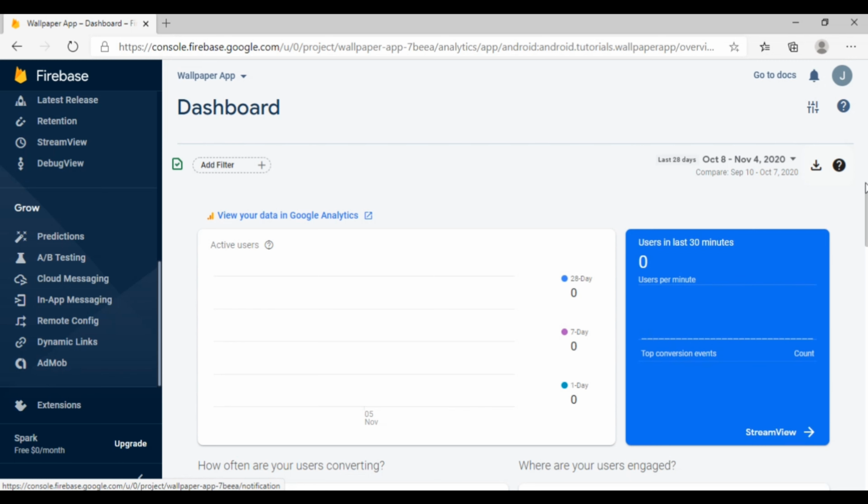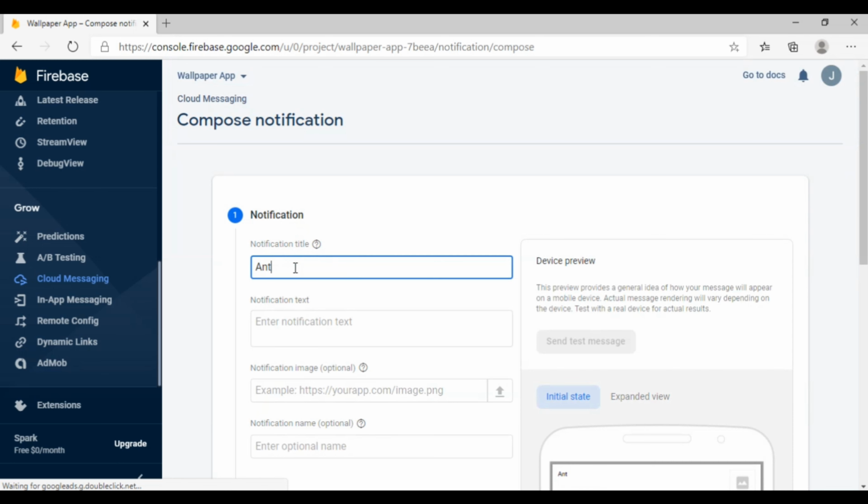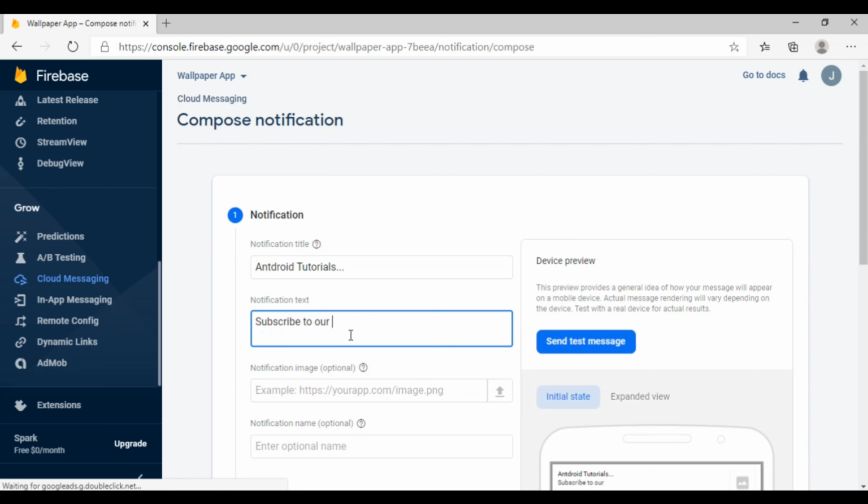So now we click on this cloud messaging and then click on send your first message, and here we are going to write our first notification title. My application name will automatically be shown, so we have to write the title. So I am writing here Android tutorials, and our body will be subscribe to our channel.